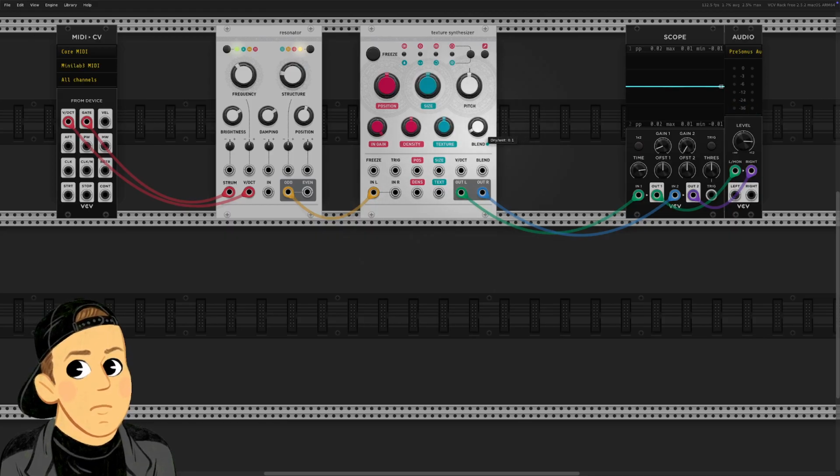So now we're gonna up the dry/wet signal. So again, this is the mix of what we're hearing, just pure Rings, and what we're hearing for what Clouds is doing. So I want to make it mostly what Clouds is doing, but I want to have the ability to still play notes over top of it. So I'm going to put it about 75%. And we'll just start going. So right now, no grains are being produced because our density is straight up and down. Okay. But when we turn this up,